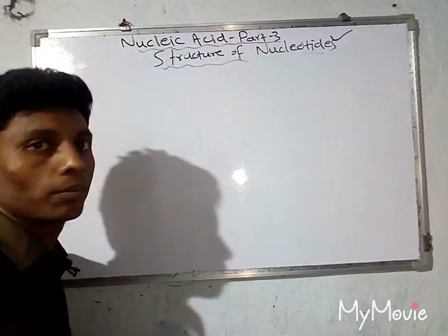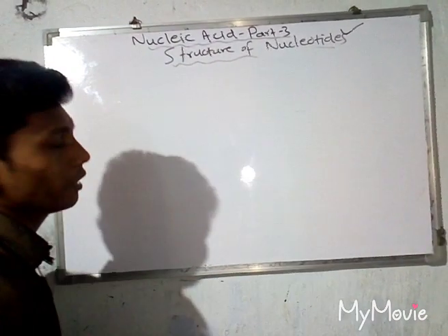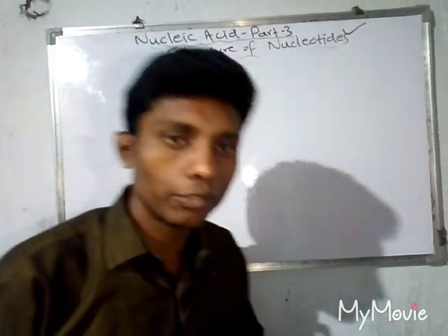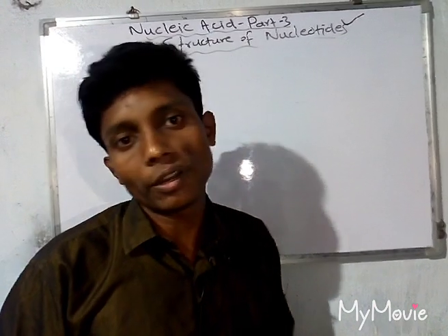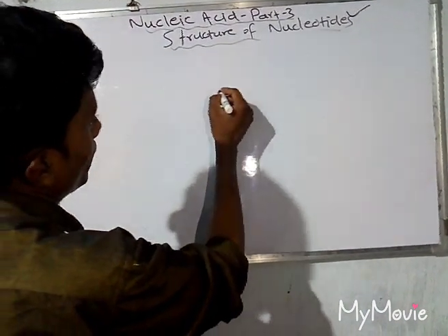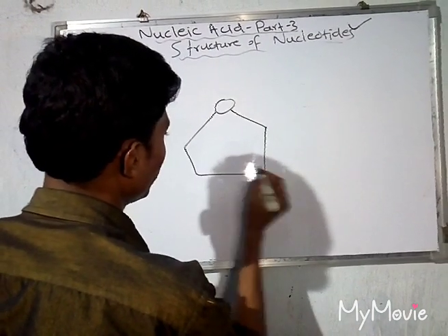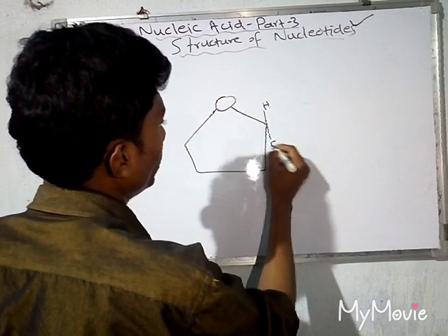Here we have the heading, that is structure of nucleotide. Here, you know that a nucleotide consists of three things: nitrogenous base, phosphate group, and the sugar molecule. So here the general structure is that if this is the